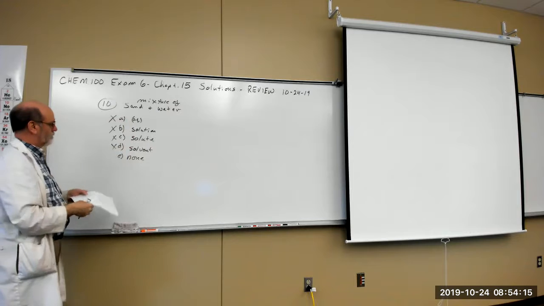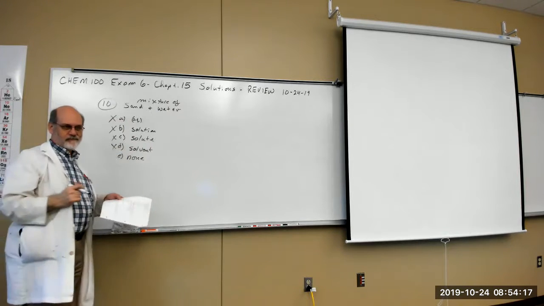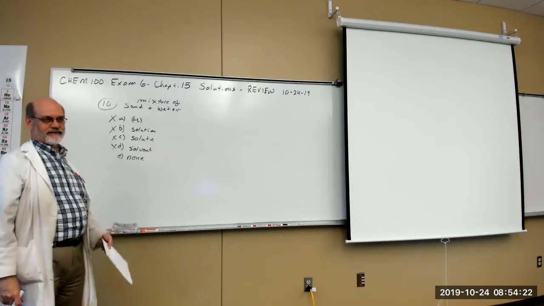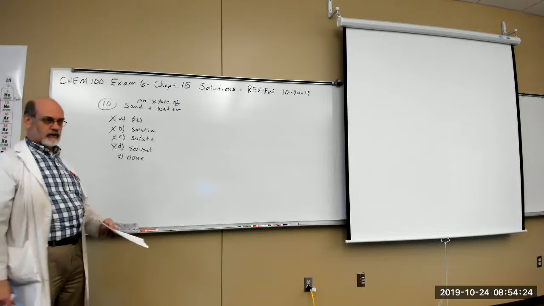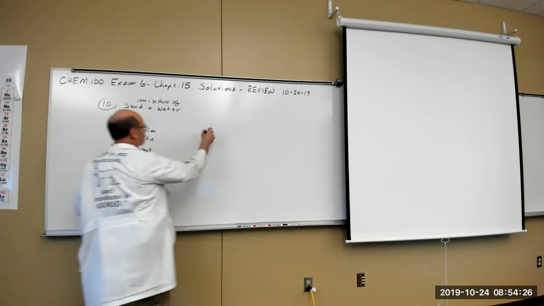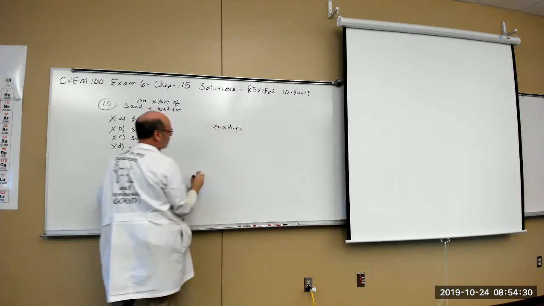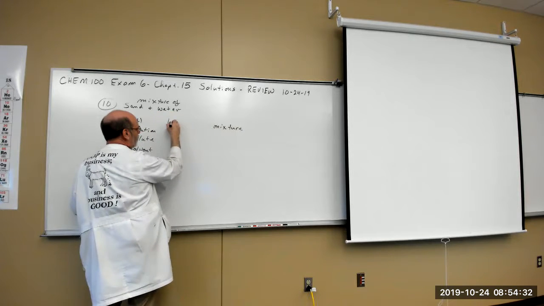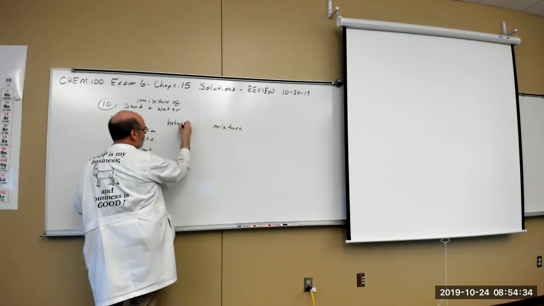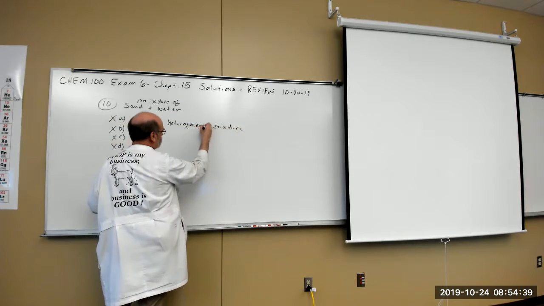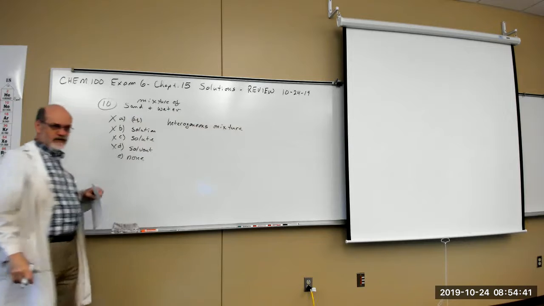It's not up there, right? Well, for argument's sake, what is it? Is it a mixture? Well, we said it was a mixture, actually. We got that part. Well, what kind of mixture is it? Heterogeneous. It's a heterogeneous mixture,